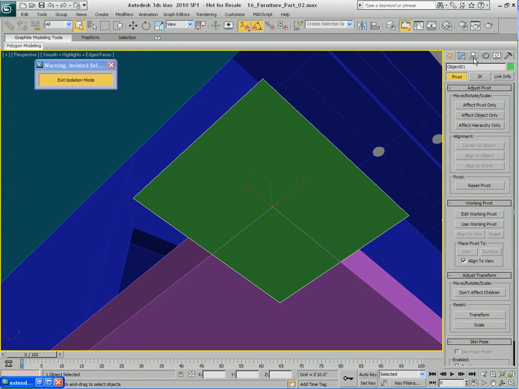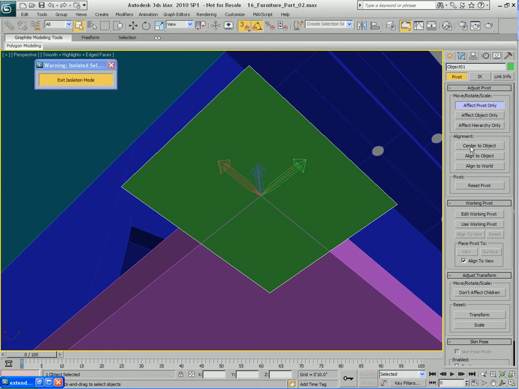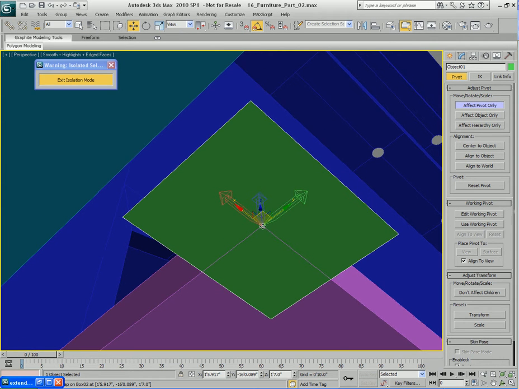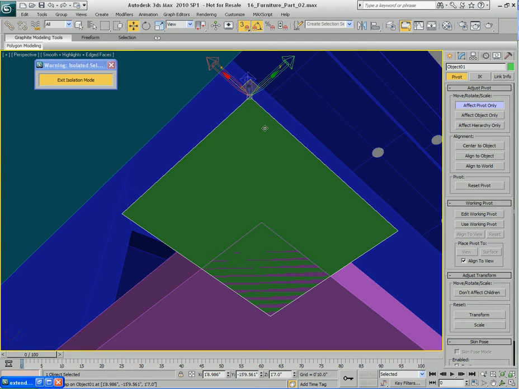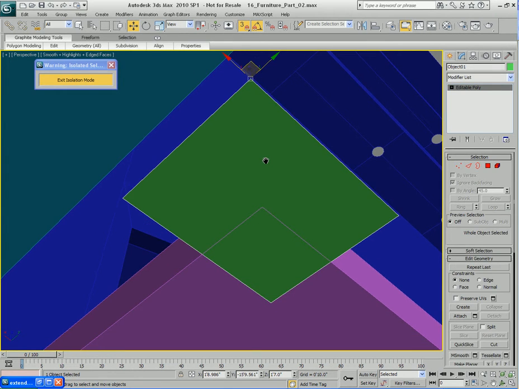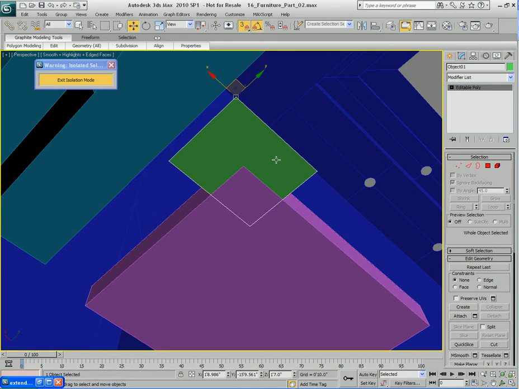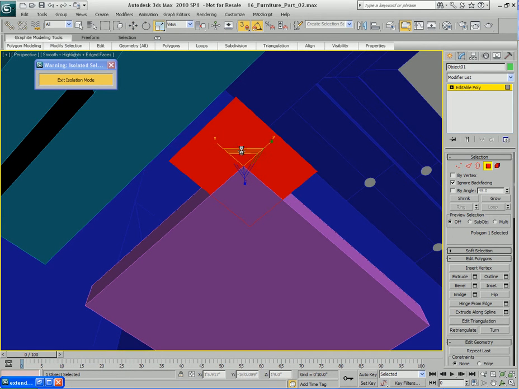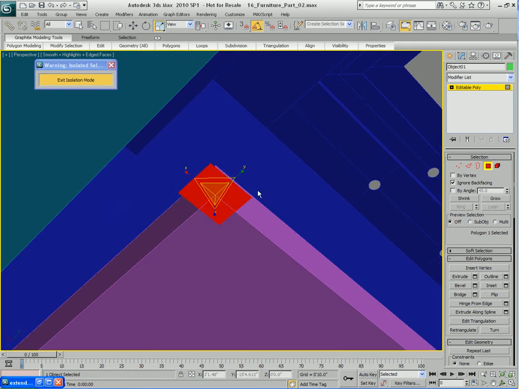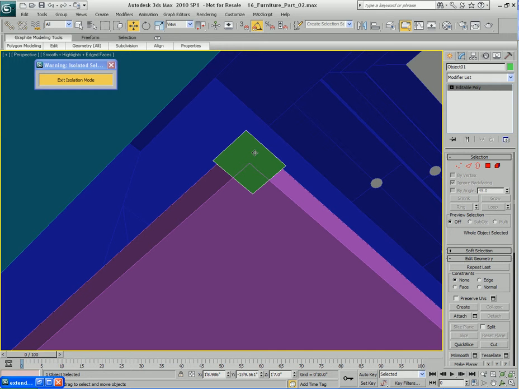And what I'm going to do is affect the pivot point of this guy. I'm going to move that pivot point to this top outside corner right there of the leg. What's going to be the leg of the chair. All right. I'm going to select the polygon there and I'm going to scale it down. I'm going to take snapping off. Okay. I'm going to take the object itself,